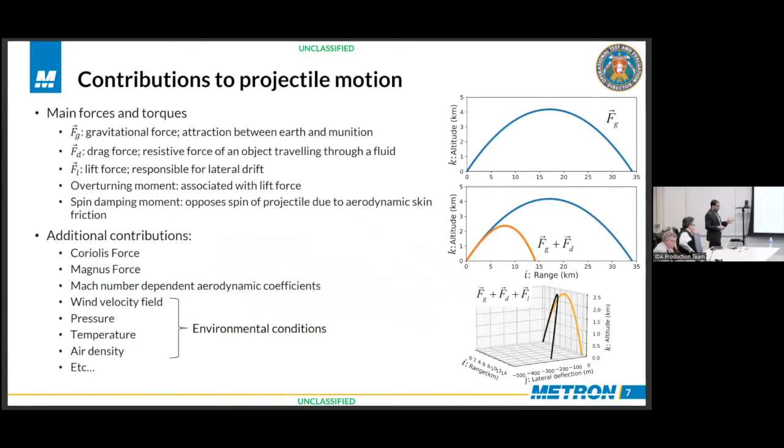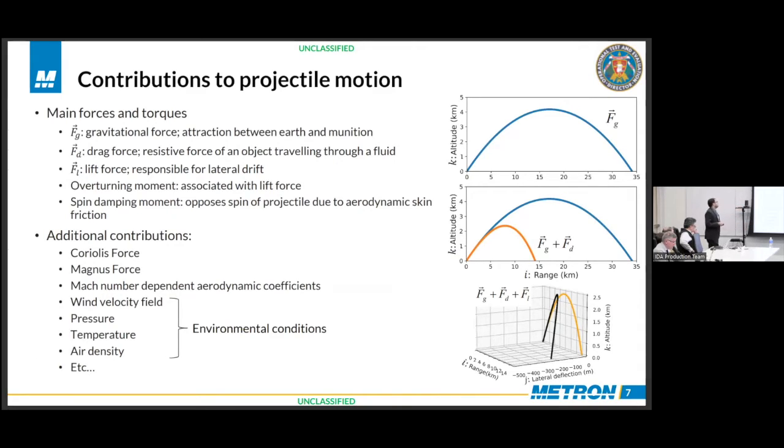Now, there are several contributions that go into how the projectile flies through the air, and there are some main forces associated with it. We have the gravitational force, we have the drag force, since the munition is flying through a fluid, and we have the lift force. Turning on those forces one by one, we can see the trajectory with just gravity is a nice parabolic path. With the drag force, it's resistive, and so the range is significantly shortened. And with the lift force, we can get a